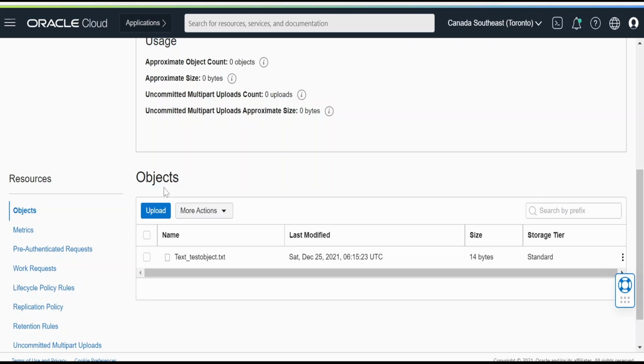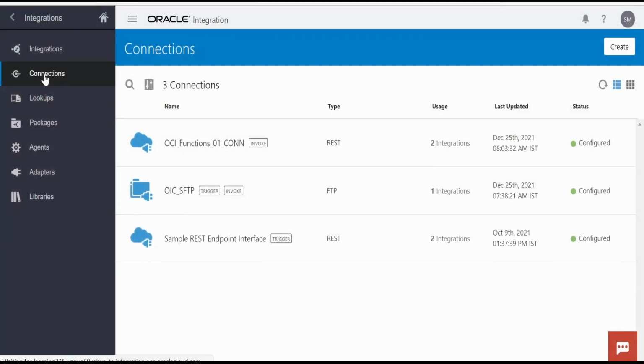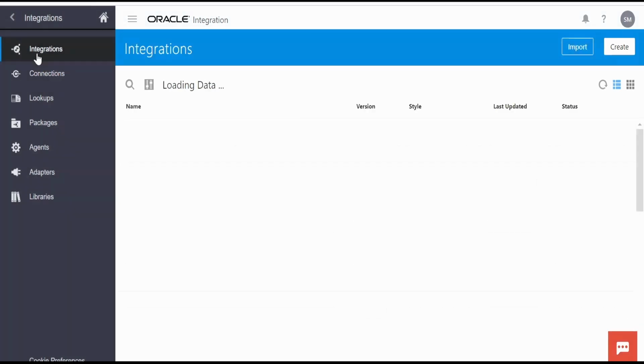In this video, we will learn how we can integrate an Oracle SFTP server with Oracle Cloud Object Storage with the help of Oracle Integration Cloud. The prerequisite for creating integration between SFTP and Oracle Cloud is that we have to have this OIC SFTP connection created, which will talk with our SFTP server, and also we will need a REST based connection with the capability of sending the request with signed OCI signature version 1. This we had created in one of our previous videos when we had learned how we can invoke the functions from Oracle Integration Cloud. If you have not watched that video, please check out that video. So these are the two connections which are required for this integration.